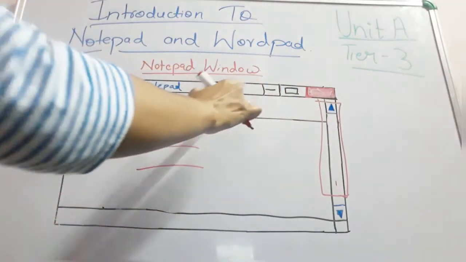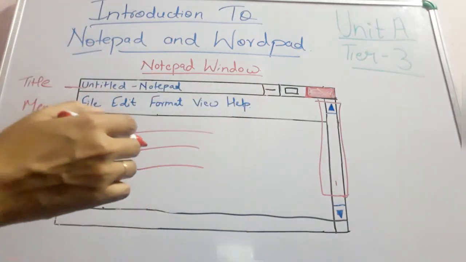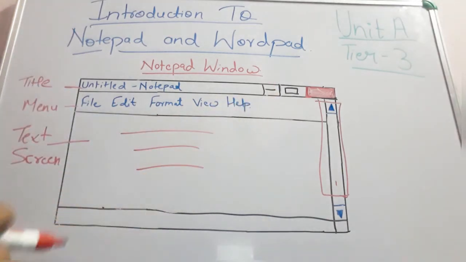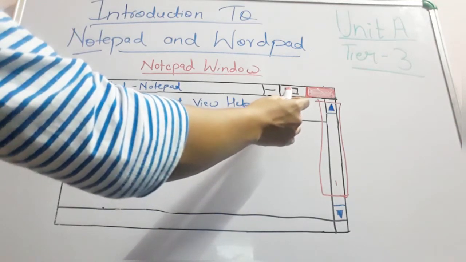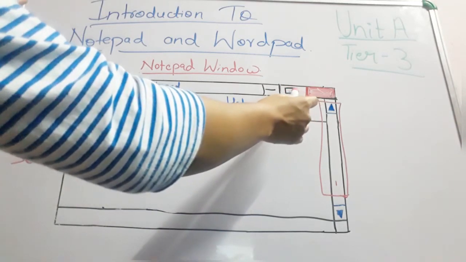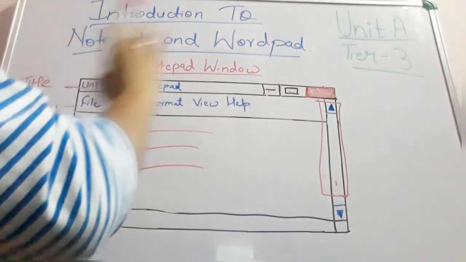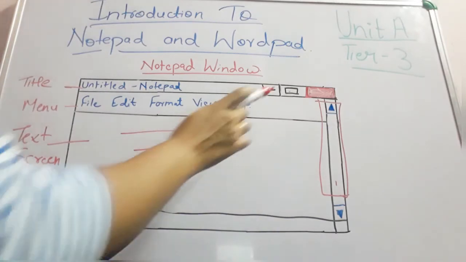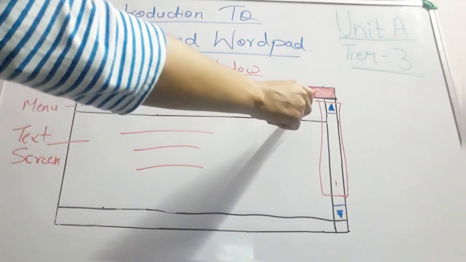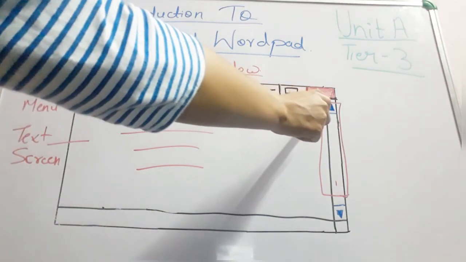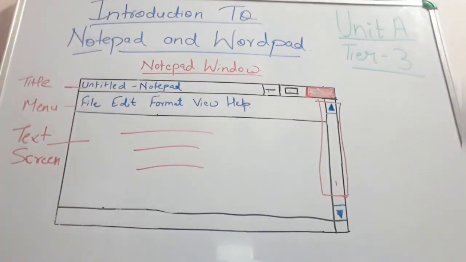First of all, see this one button on which the minus sign is made. This button is used to minimize your Notepad window. Now see this one button. Yes, this is the button which is used to maximize or restore the size of a Notepad window. Suppose you minimized it; to make the Notepad window full screen again, you will click on this button. Now the last button, this cross button, is used to close your window. This button helps you to close your Notepad window.